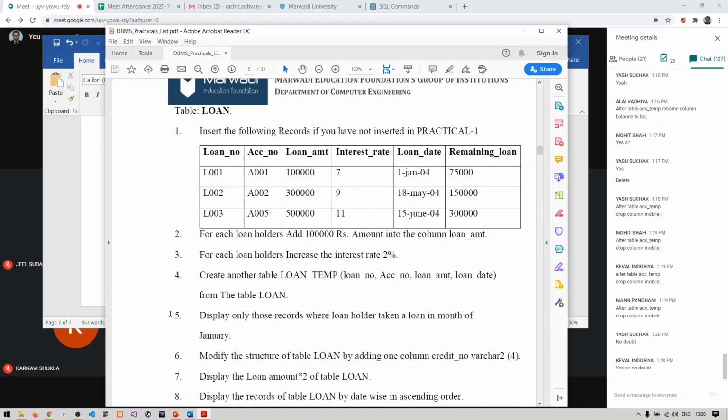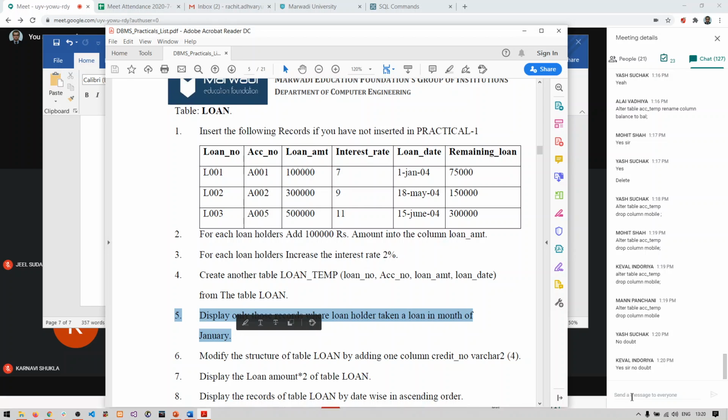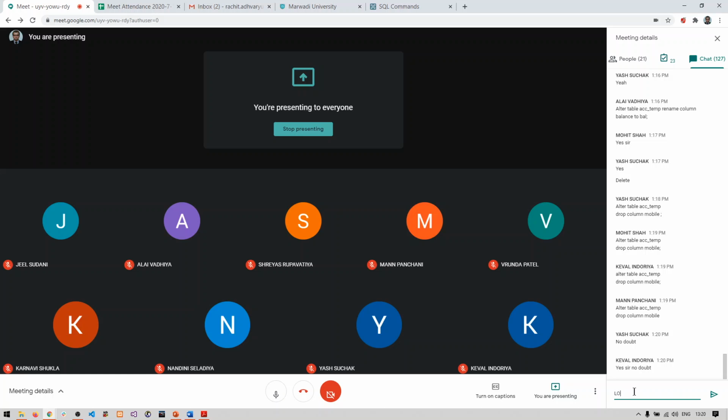See, in loan table, you are not going to perform query number 5. I am writing it here in your chat box only. Loan table, query 5 or question 5,